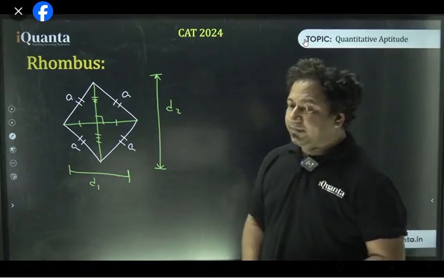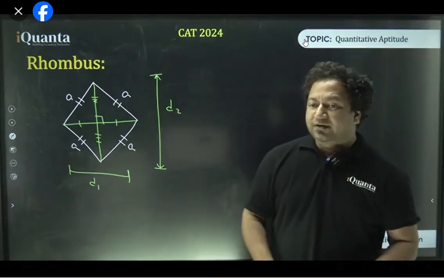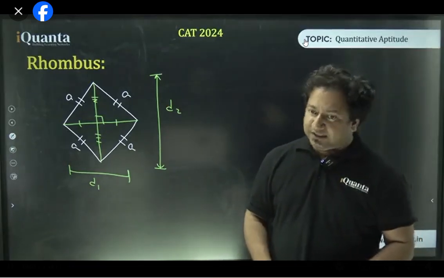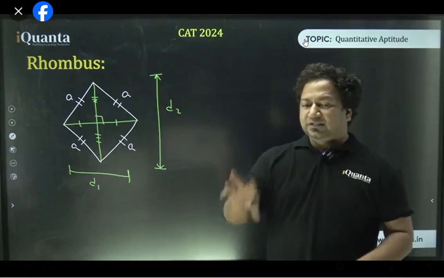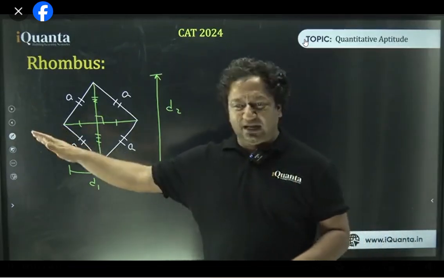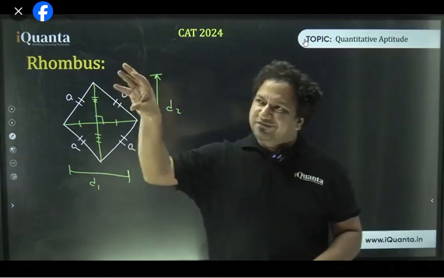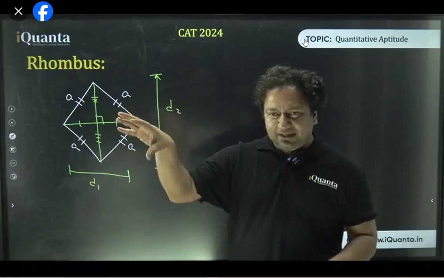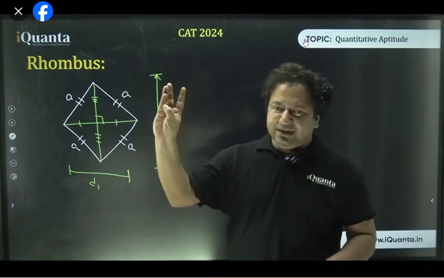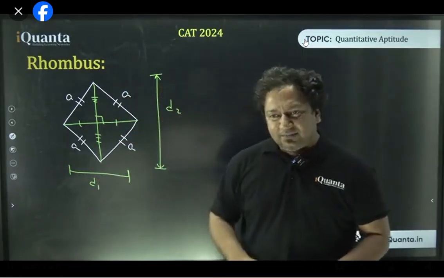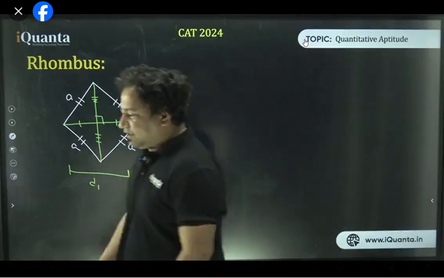अच्छा, एक बात जो अर्ची ने पूछा अभी, ध्यान से सुनना. She is asking, parallelogram में जो मैंने बताया था diagonal correlation side से, क्या वो हर जगह, क्या वो rectangle में applicable होगा? मैं बोल रहा हूँ not just rectangle, it will be applicable to all sorts of parallelograms. Okay, so if that formula is for parallelogram, that means it is for all kinds of parallelogram, be it rectangle, be it square, or be it rhombus. So rhombus also is a parallelogram. Understood? The sides are equal and parallel to each other.